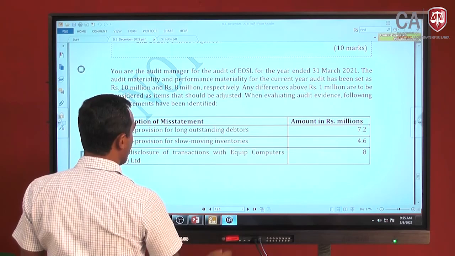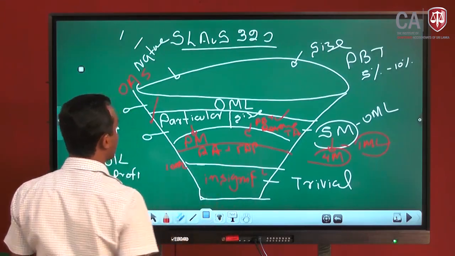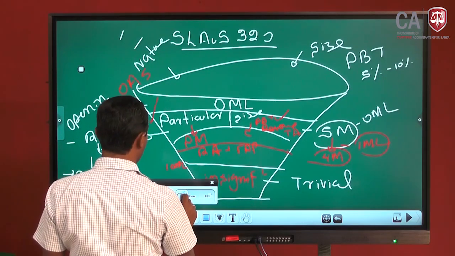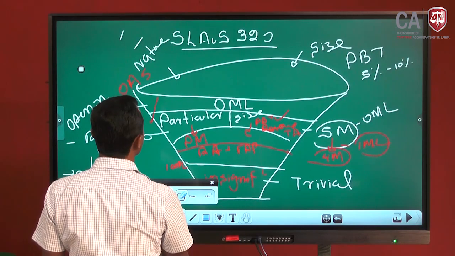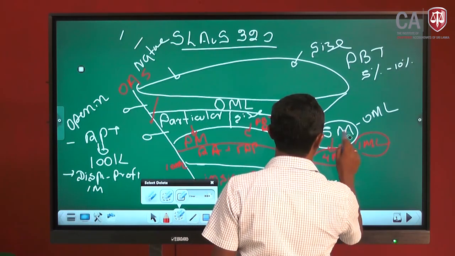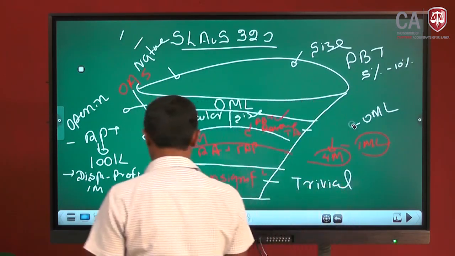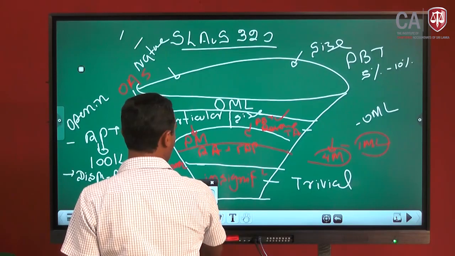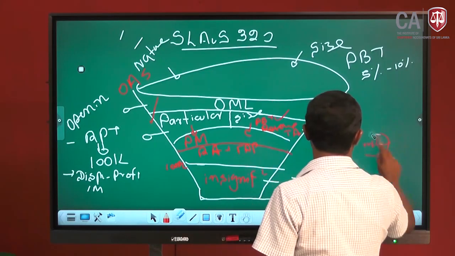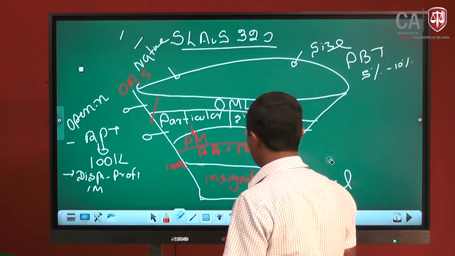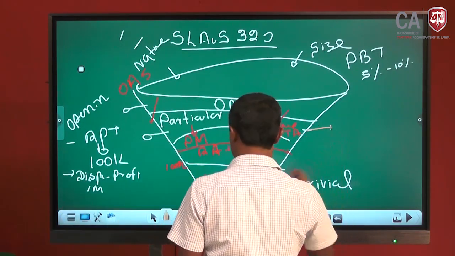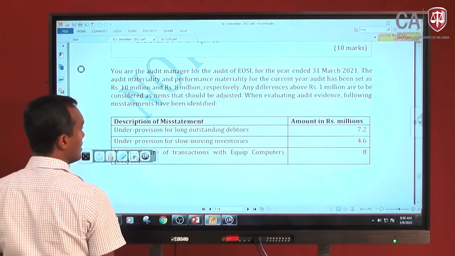Now, if you remember this analysis, now if you take the figures which are relevant for us, what is given now is, if I erase these, we will put these numbers. Right, then given in the case study, they have given this 10 million, I think it is 10 million, right. Yeah,